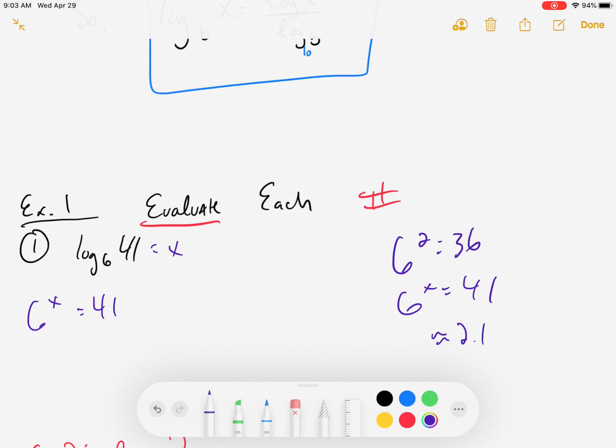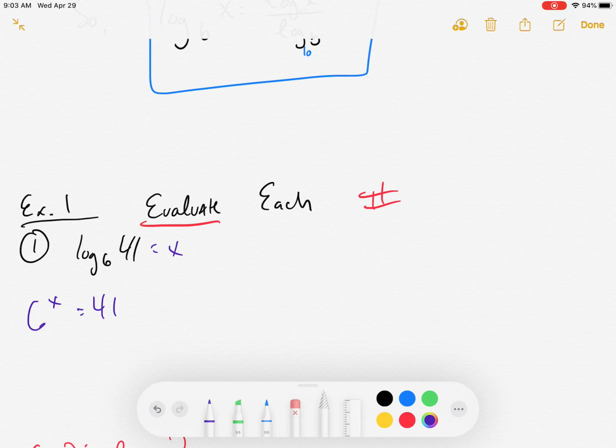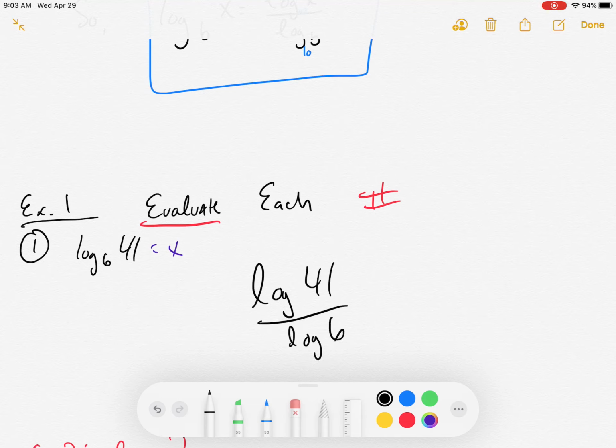Because 6 squared is 36, 41 is only a little bit higher. But I'm not sure what it is. So let's figure it out. And again, to do this, we're going to use the change of base formula. Okay, so here we go. To use the change of base formula, we're going to say log of the bigger number, log of 41 over log of 6. Okay, when we type this into our calculator,